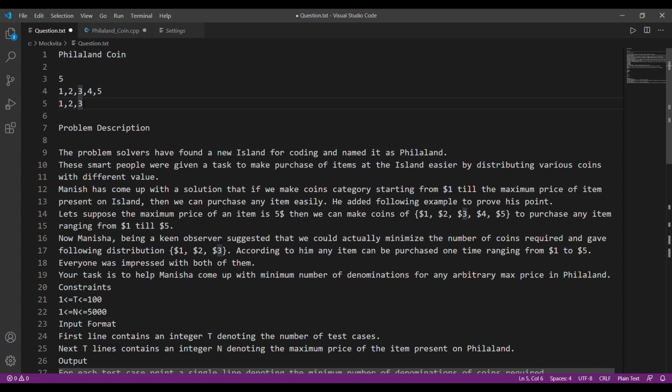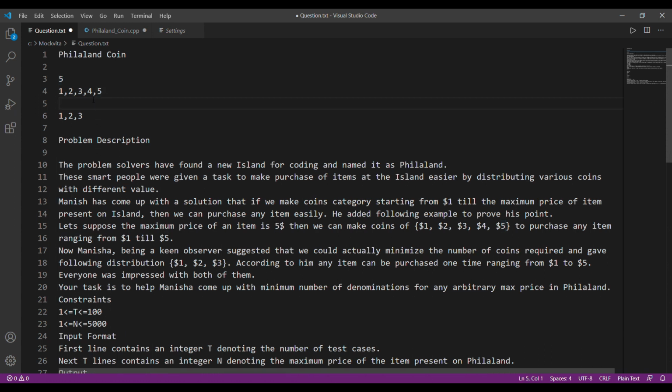Yes, they are right. With the help of 3 and 2 we can create 5. With the help of 3 and 1 we can create 4. The one thing to note here is that we can only use one denomination once. We cannot use it again. In order to create a certain value, we can only use the denomination once. The number of coins here is not infinite. If you have used 2 once, then you can't use it again to create a particular number.